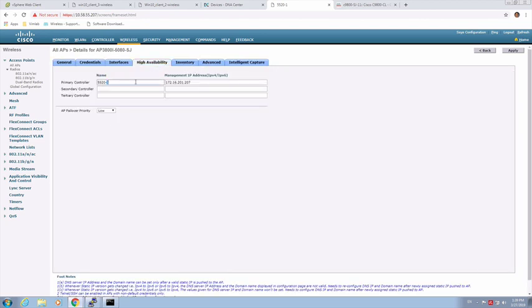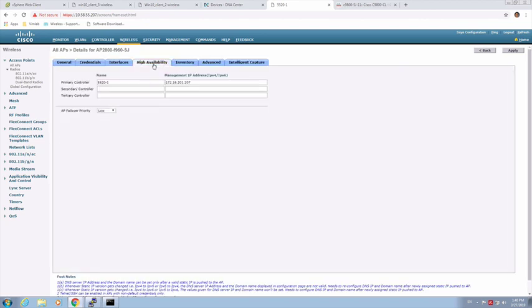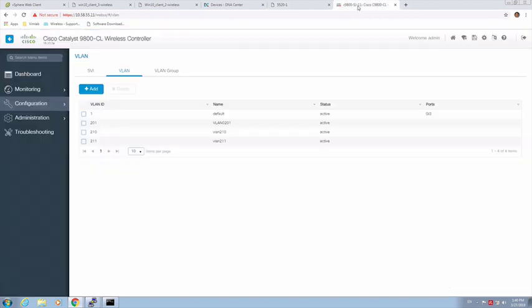Is to go here, go to the high availability tab, and change this to the other controller, 9800 C9800-SJ-11, and the IP address would be .11. Just click apply, and then go to the other one and